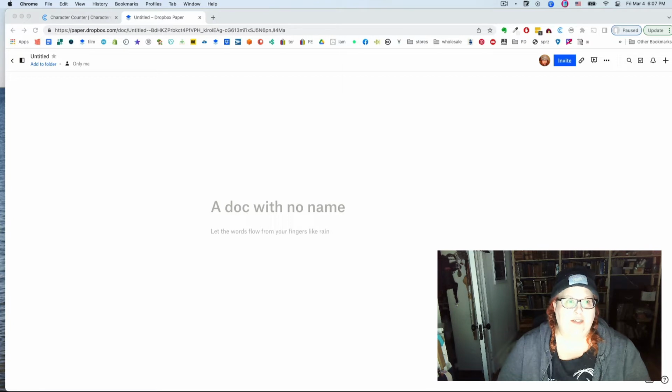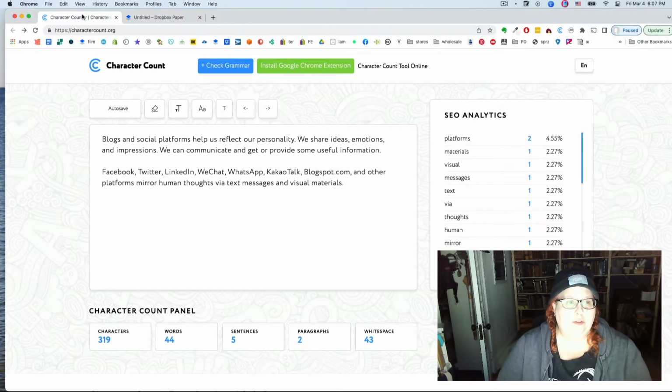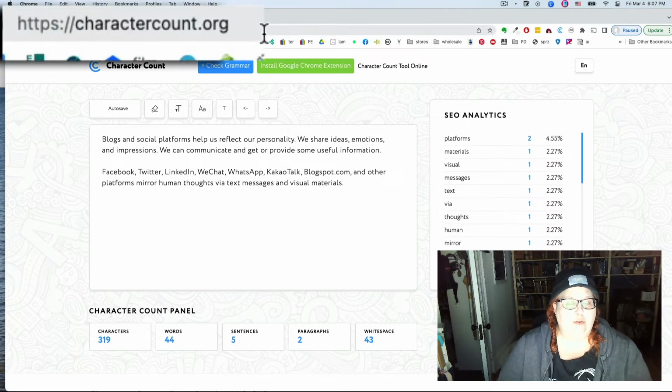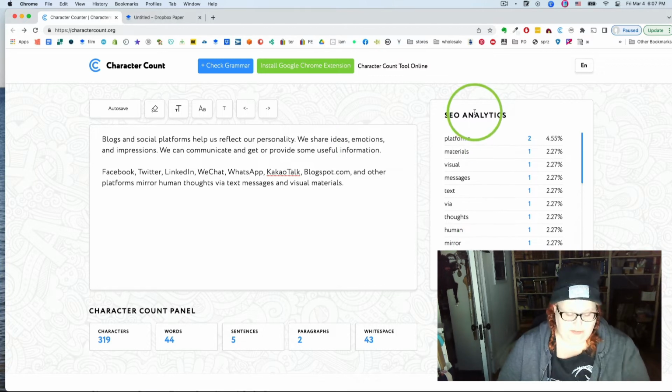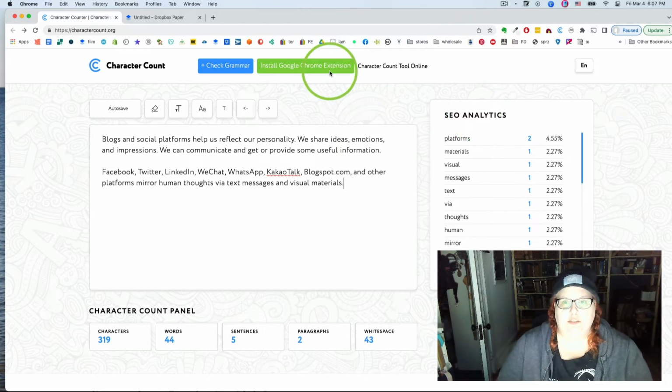So in Chrome, you can get an extension called Character Counter. It actually has a pretty cool little website. If you go to charactercount.org, you can count characters right in here by typing stuff in or by pasting stuff in. And not only will it give you the characters, it will also give you the words, sentences, paragraphs, and white spaces. It will also give you an SEO analysis of the words you've used. So it's kind of cool in and of itself, but what I actually use is the Chrome extension, which you can get from here,